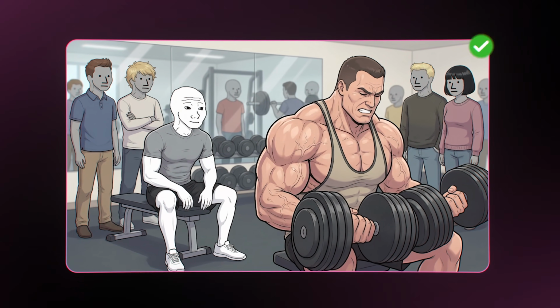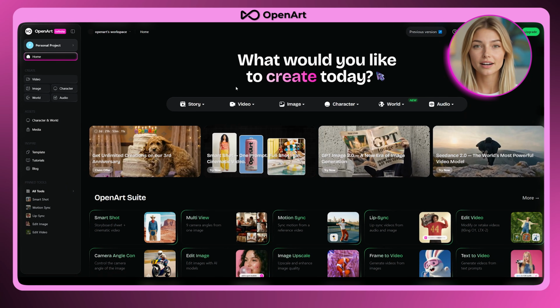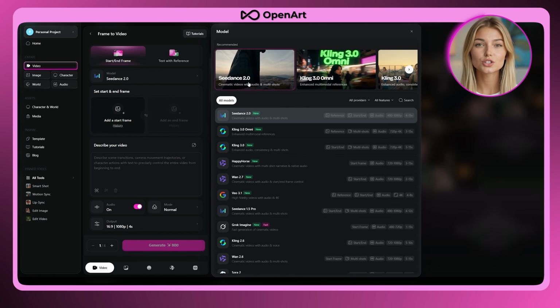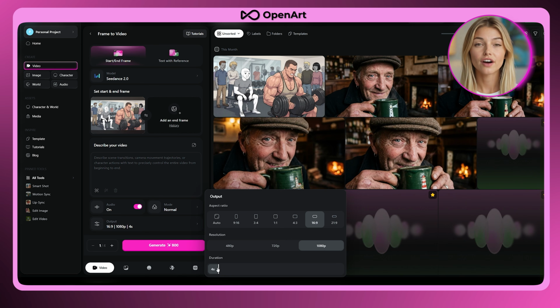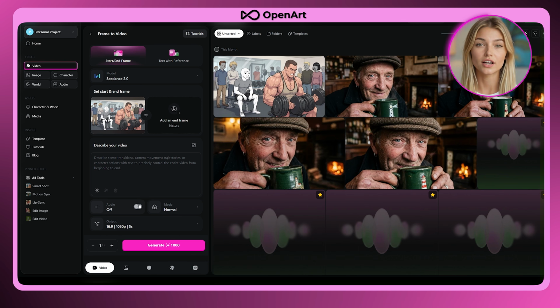Once you have a start frame you are happy with, go back to OpenArt, then Video, then Seedance 2.0. Upload the start frame you just generated, then set the duration to 5 seconds, resolution to 1080p, and aspect ratio to 16:9. Make sure audio is turned on as well. When audio is on, Seedance automatically generates sound that matches what is happening in the video,